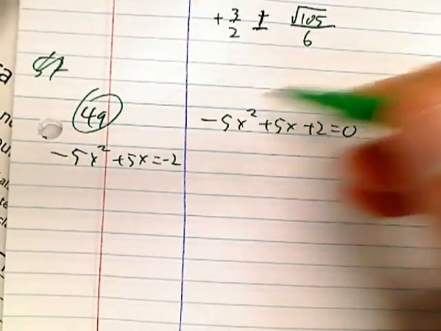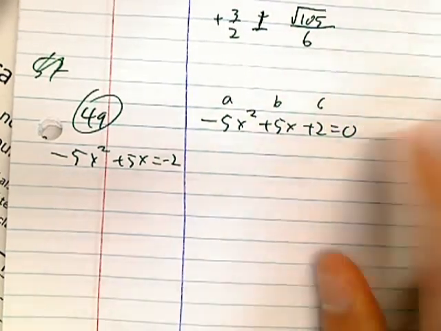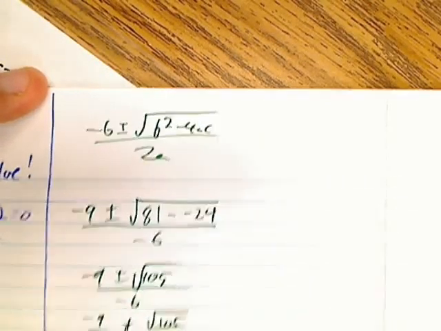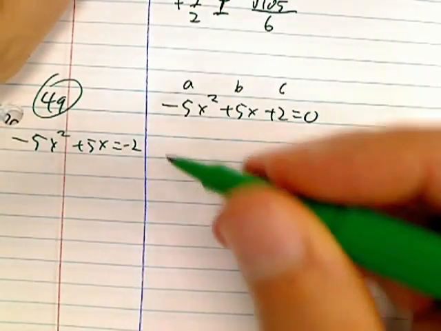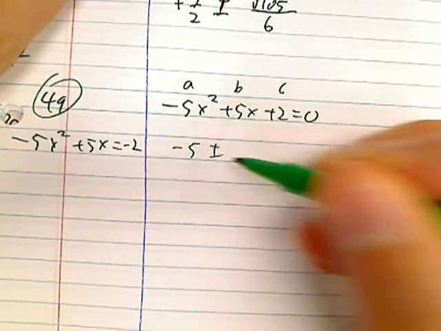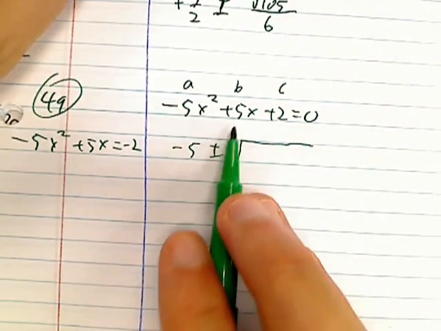So here we have A, B, and C, and I have my quadratic formula up there from before, and let's plug these numbers in and see what happens. B is 5, so negative 5 plus or minus the square root, 25